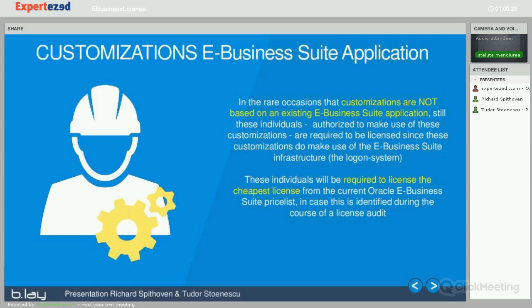Suite application, a lot of people tend to forget that those individuals that do make use of that responsibility or that module are still required to be licensed, because although that specific functionality may not be based on the module from eBusiness Suite, it means that those customized modules still make use of the eBusiness Suite infrastructure. For example, the login system from the eBusiness Suite software itself. And therefore, those individuals would be required to license at least the cheapest license of the then current Oracle eBusiness Suite price list in order to make sure that the usage of the infrastructure of the eBusiness Suite software itself